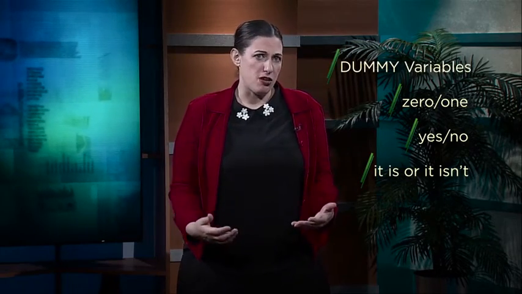Then we code the variable by assigning numbers to all the values, perhaps 1 for blue and 2 for brown. We typically want a value for other in a category like this, but since everyone in Elliott's class had either blue or brown eyes, that's not necessary. When coding, you work with the data you actually have, not the data you could theoretically have. You might instead want to code two separate variables, one for blue eyes, perhaps IBL, and one for brown eyes, such as IBR. These would then be coded as 1 if the student had that eye color and 0 if not. We call these 0, 1, yes, no, it is or it isn't variables, dummy variables.